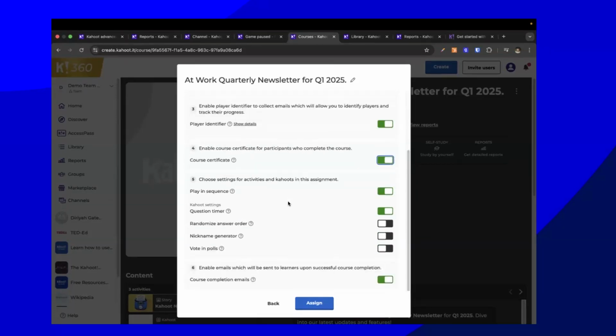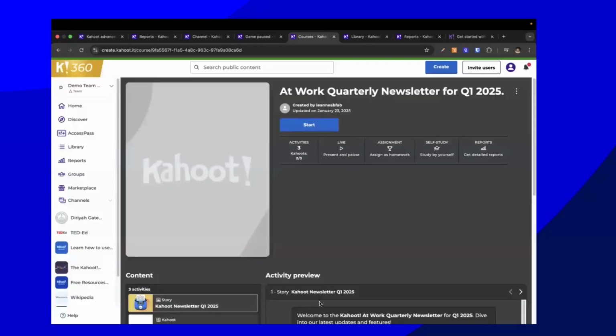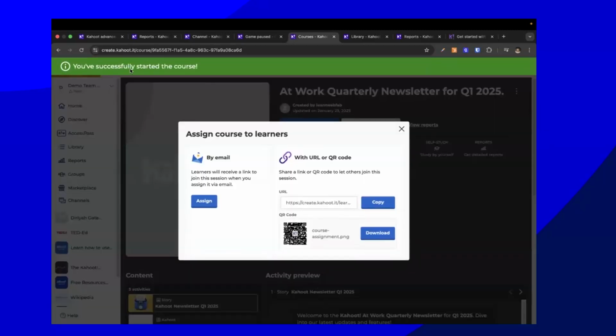Enable the certificate. Again, very similar to a Kahoot assignment. You have full control over the elements of that. And there we have it. And again, just like stories and Kahoots, you can assign that out to learners.